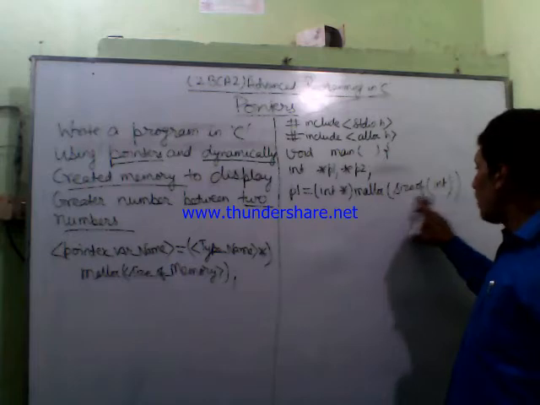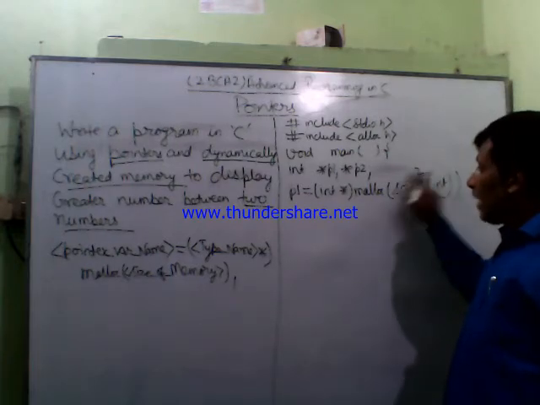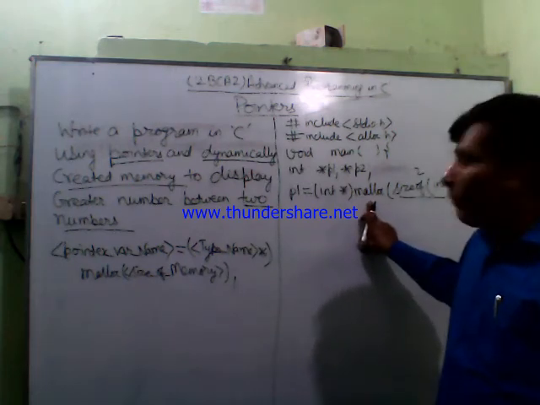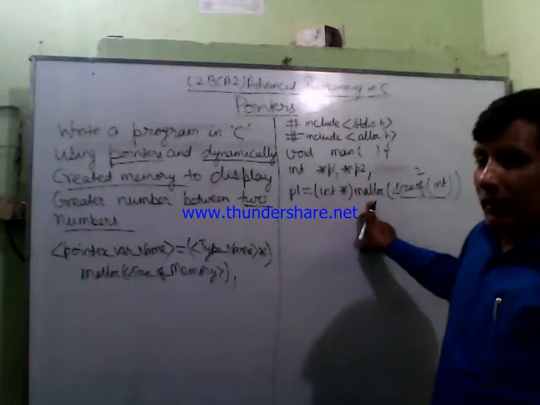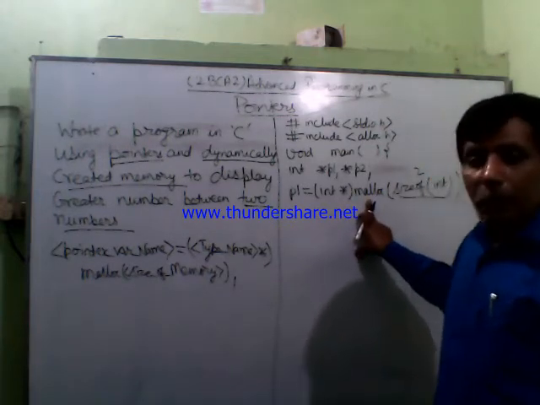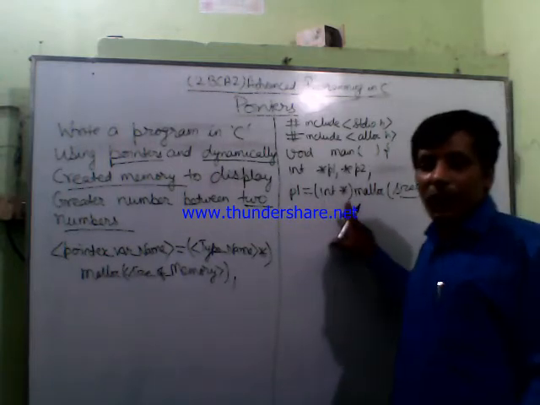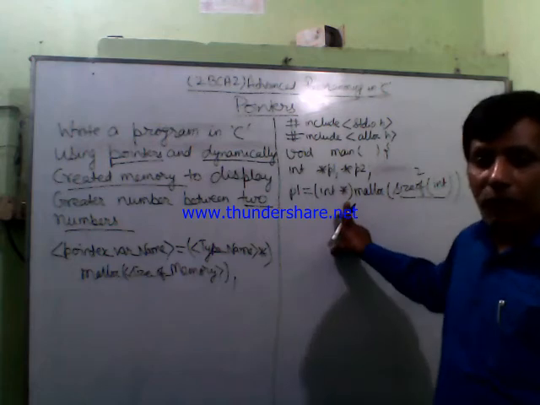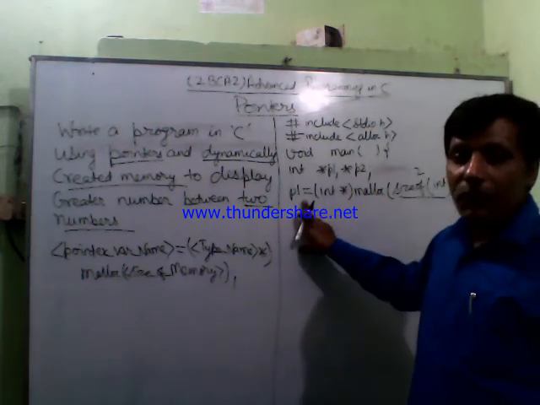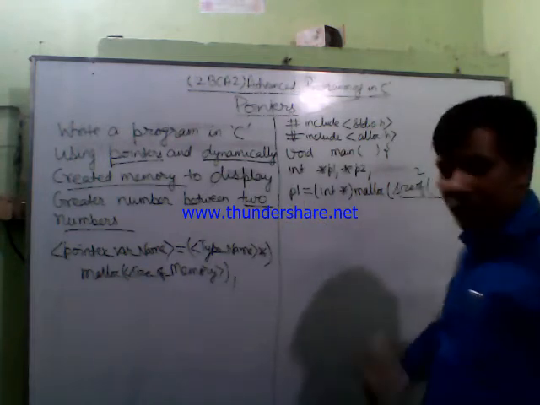Hence, sizeof function will return 2 here, and 2 bytes of memory will be allocated by the malloc function, and the address will be returned by the malloc function, and that address will be typecasted into an address of integer type of memory, and that address will be assigned to the pointer variable P1.